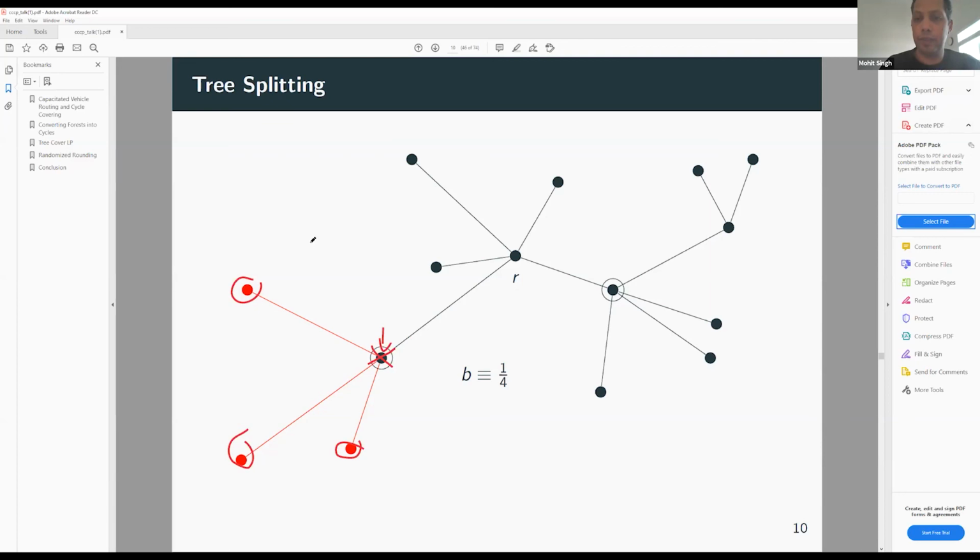Other questions? Anybody else wants to ask a question? Mohit? You want to ask? Yeah, maybe I send it to you on private. But yes, I wanted to ask about the variant when you have a bound on the number of cycles and there's no opening cost. Like I give you K and you have to open K cycles to cover. Does that make sense? Yes, I think that's